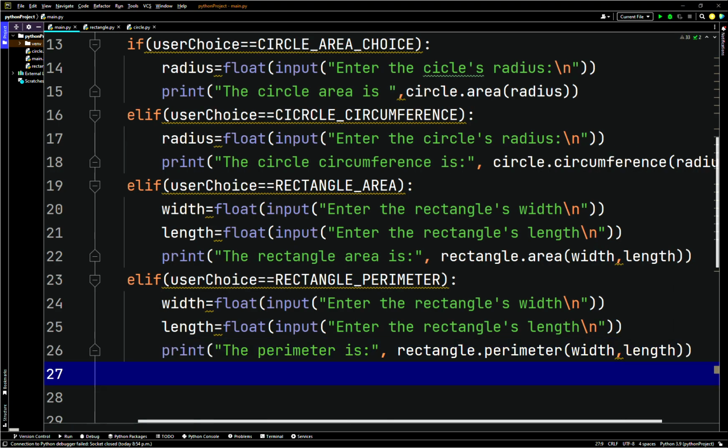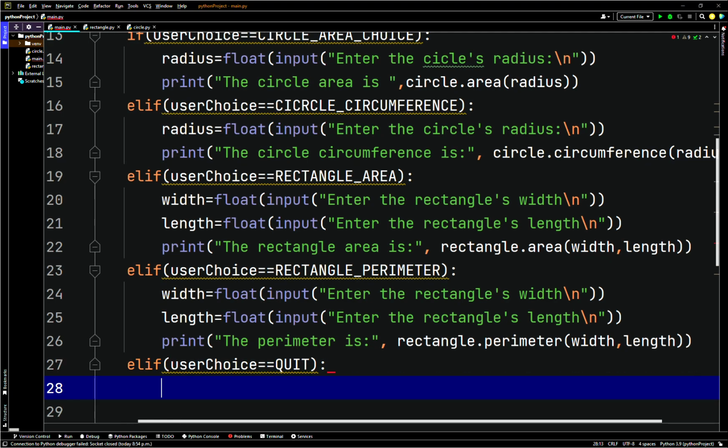Then here, at the end, there is actually some error checking that you can do. This is one way to do error checking. So we'll actually have an elif instead of an else here. So we'll just do one more elif. So we'll have elif user choice is equal to quit, which is going to be 5. And we'll say